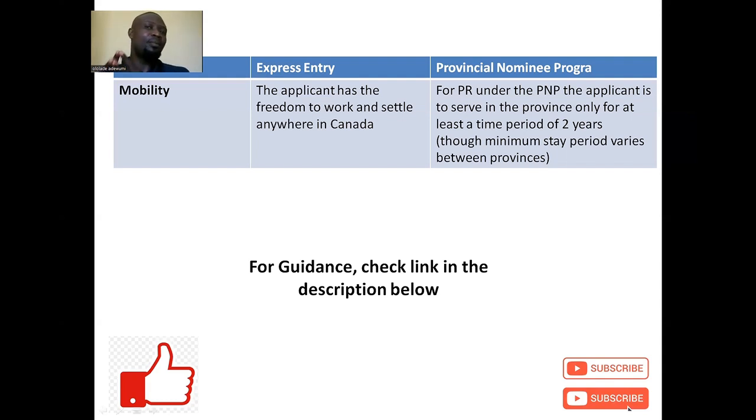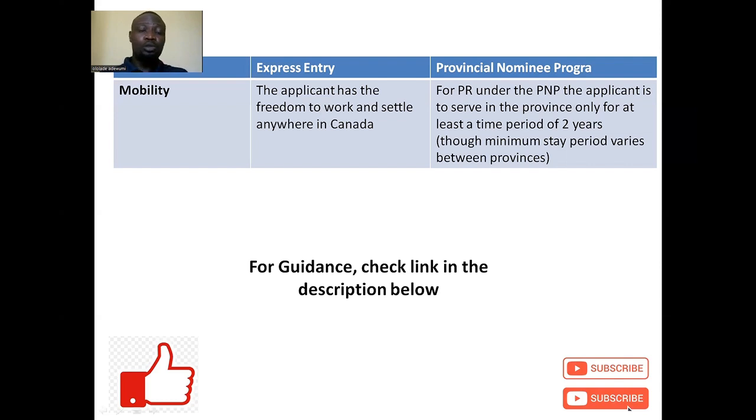But under the Provincial Nominee Program, under PNP, you will have to settle in the province that you apply to, and they eventually give you permanent residency approval. So you have no option to just go to any province that you like. You have to settle in that province that eventually approved your application.